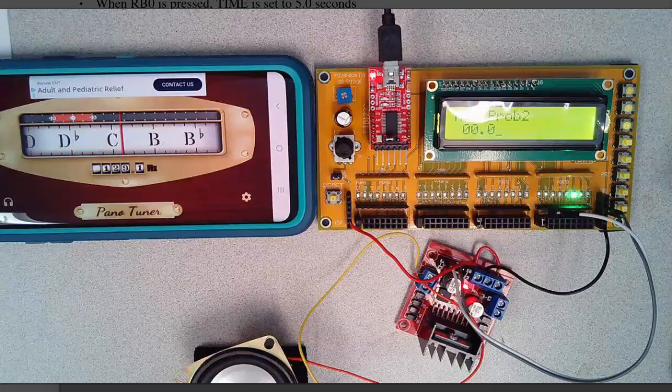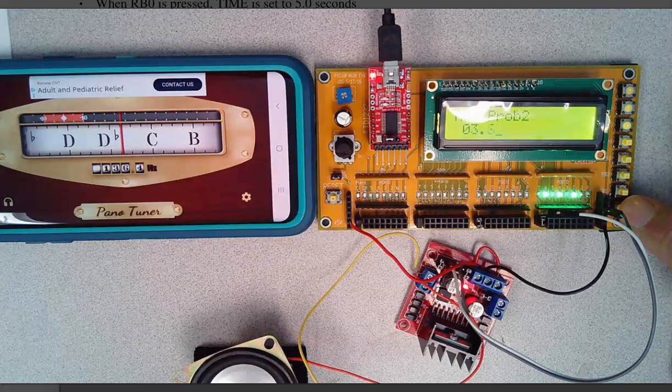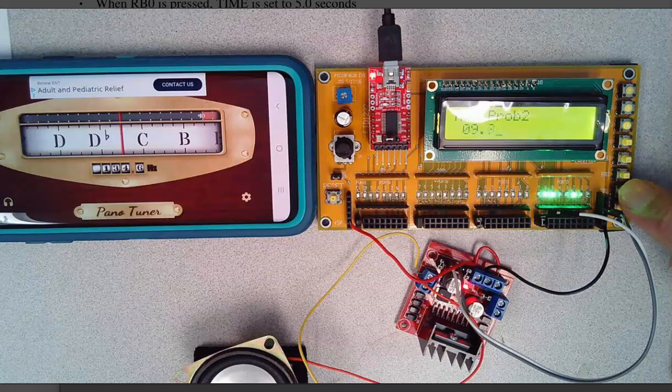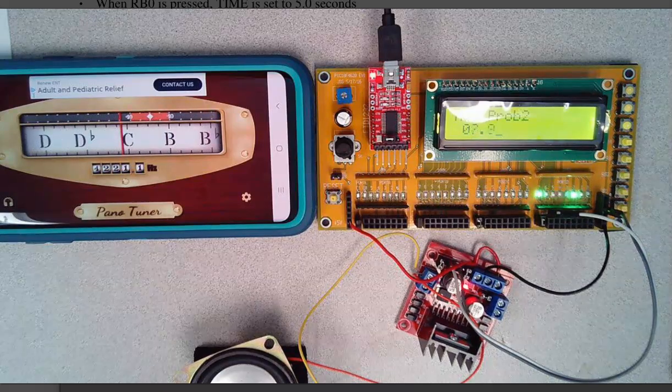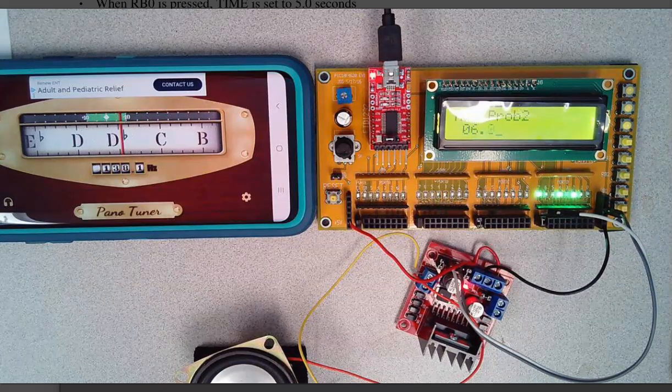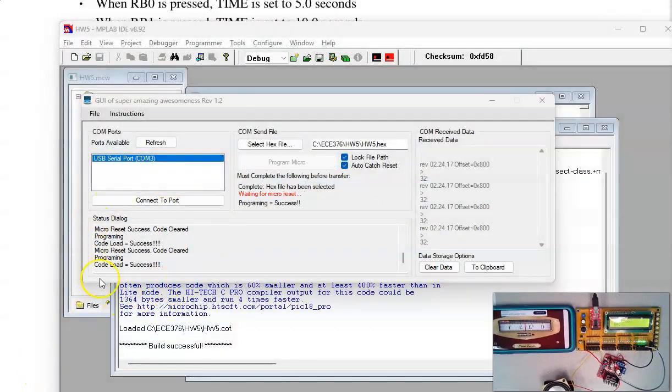And there's my egg timer. I hit RB0, which initializes the time to 5 seconds, goes down to 0, and stops at 0. This one starts at 10. And notice that's a little bit slow. The reason it's slow is because in my code,